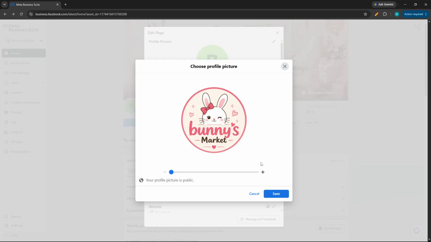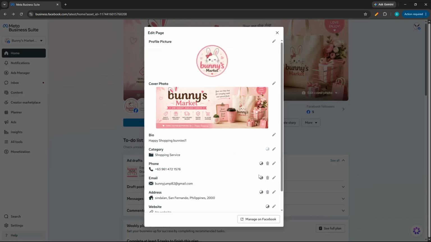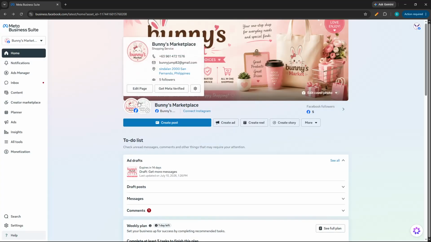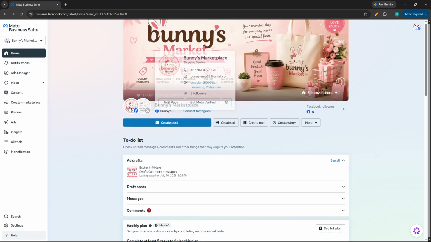When the logo is positioned the way you want, click Save to apply the change. Facebook will then update your business page with the new profile image. After that, your logo will appear on the page itself and in other places where your business page is shown on the platform. If needed, take a quick look at the page after saving to make sure the logo appears